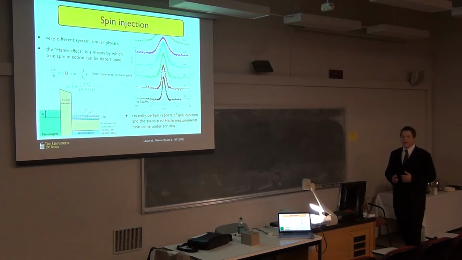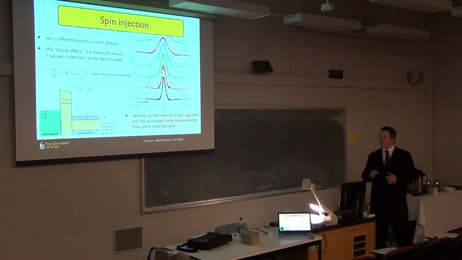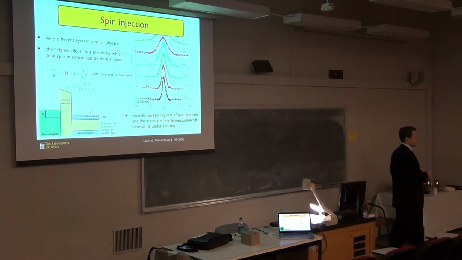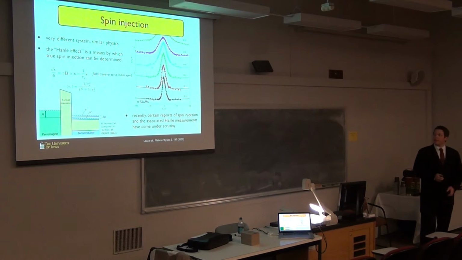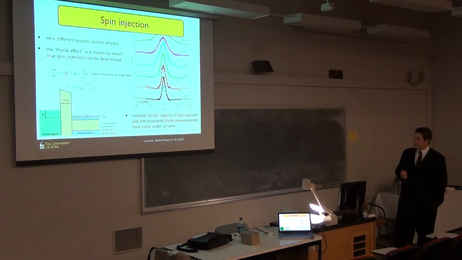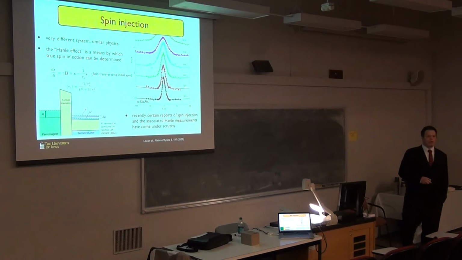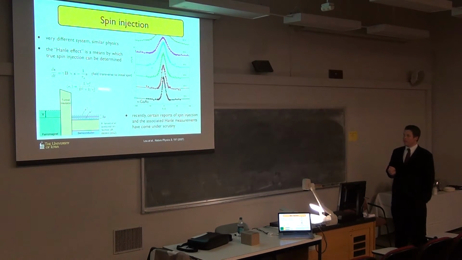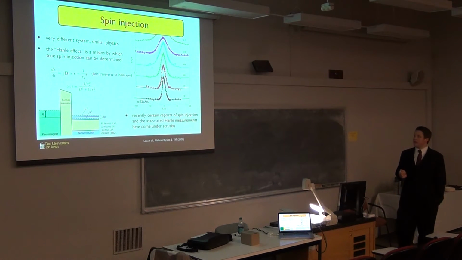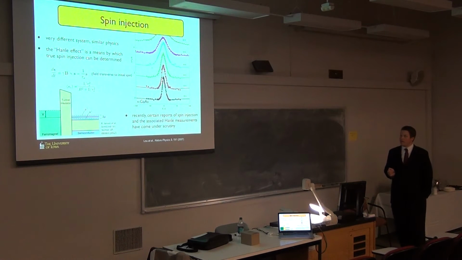An important aspect of that work is spin injection, injecting spins from ferromagnets into semiconductors. And how do you know if you've actually done that? Well, the prototypical way to figure that out is by applying a transverse magnetic field to your ferromagnet. When you put spins into the semiconductor, they'll precess around that transverse magnetic field. This is called the Hanle effect, and it's very simple to calculate how that works. You have dS/dt, where S is your spin, you have the magnetic precession, and then you have spin relaxation.